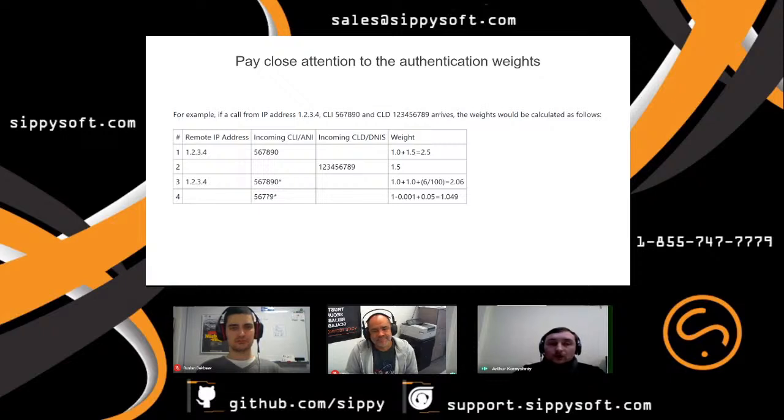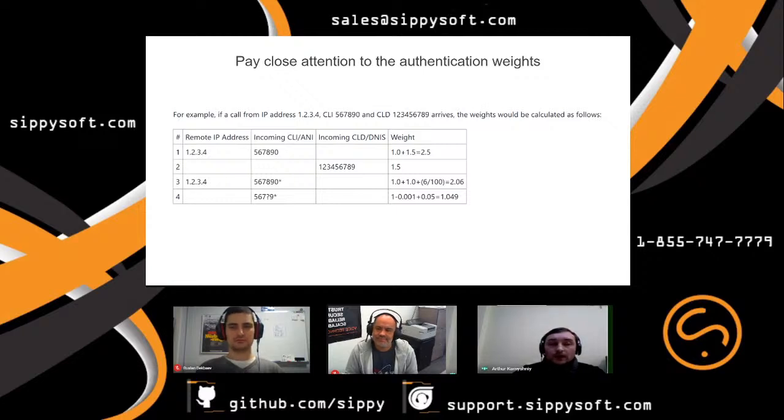As you know, you can't create the same authentication rule, so at least some difference should be in your rules. For example, you may create two rules with the same IP address, but those rules should have some extra authentication parameters like incoming CLI or incoming CLD.